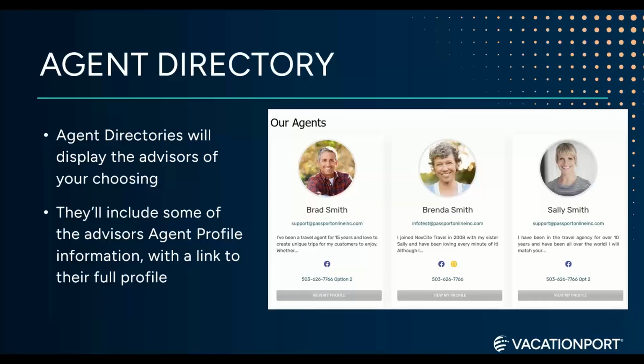One of the ways you can display your agents is using what we call an agent directory. This allows you to be able to display multiple advisors at once. When you're adding an agent directory, you'll be able to select which advisors you want to show, and you'll have an assortment of different ways that you can select them. So for example, you can say something along the lines of only show advisors that have images or only show